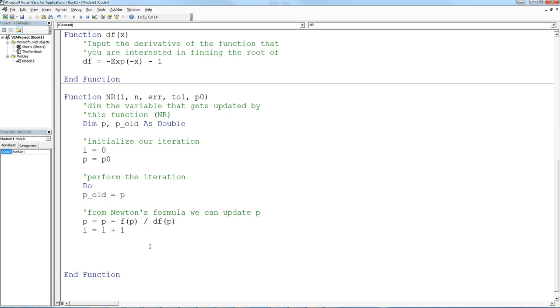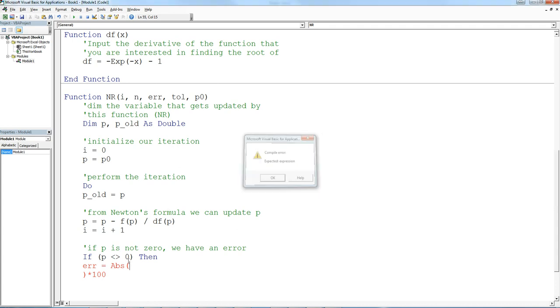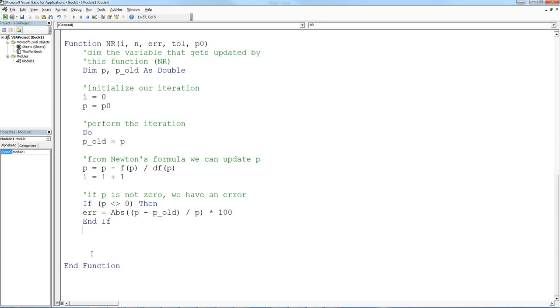But we also need to describe the error between this iteration and the exact solution. And we also need some